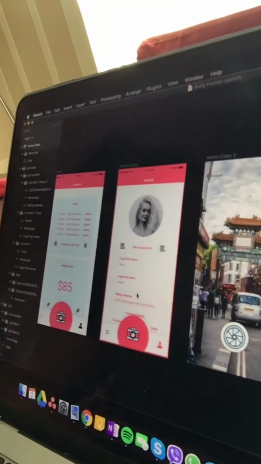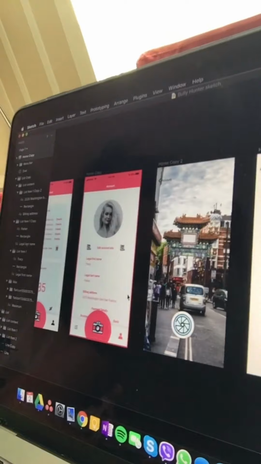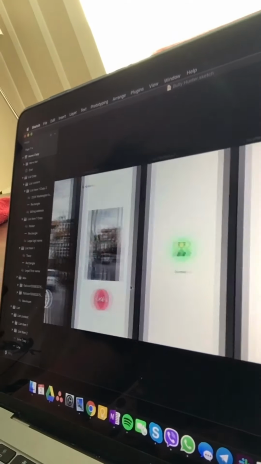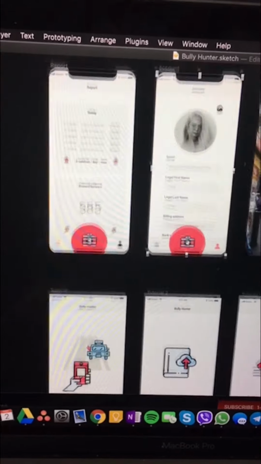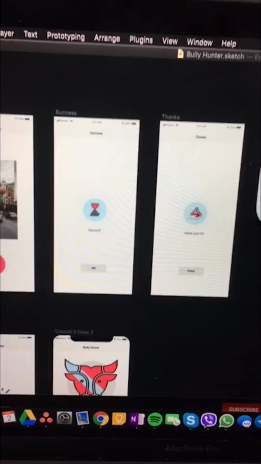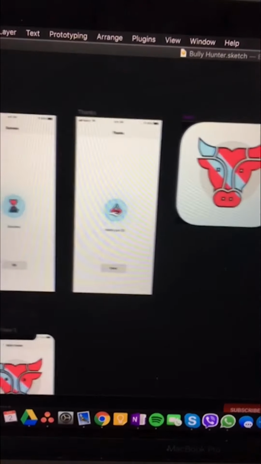How do I switch the camera? So, long story short, this is what it looks like right now. And here's the final design. All of the basic screens, I've double checked them. This is basically all that I'm gonna need tomorrow.